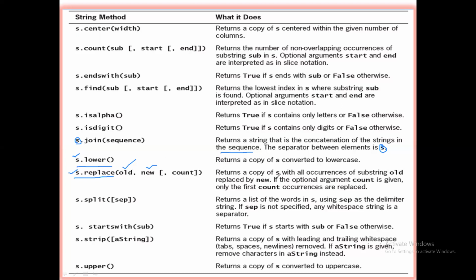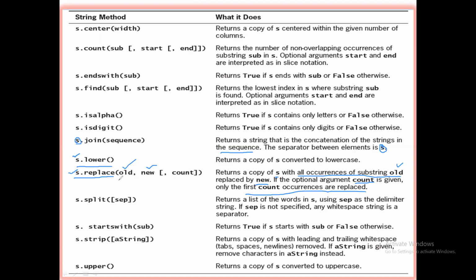So it returns a copy of S with all occurrences of substring old replaced by new. And there is an optional argument also which specifies the count. It specifies how many occurrences need to be replaced. We can control that also by specifying that third parameter here, which is optional, not compulsory.